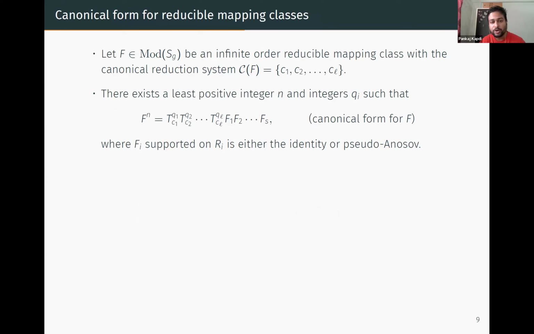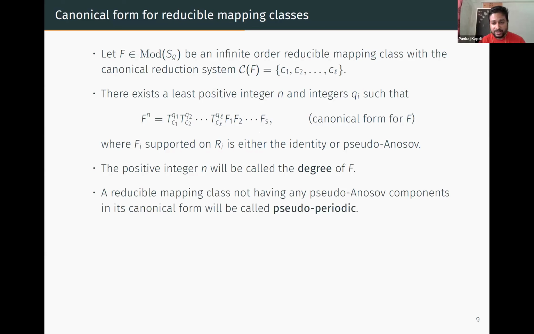So you just kill all the periodic maps by taking a high enough power, and now your f to the power n is equal to some product of Dehn twists about those curves in the canonical reduction system, and some other pieces which can be either pseudo-Anosov or identity, because we have already killed the periodic part. This is the canonical form of a reducible mapping class, and this integer n, we call it the degree of the reducible mapping class, and this n is, we take the least integer,